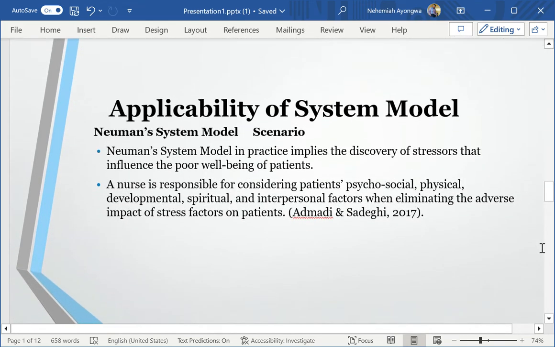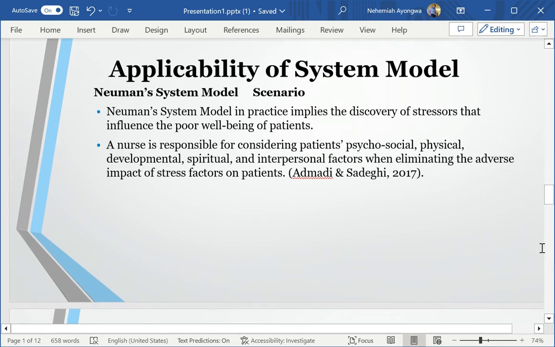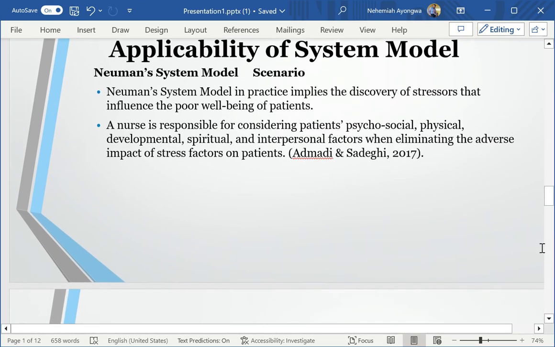Applicability of the systems model. In practice, Neuman's systems model implies that the discovery of stressors can influence the poor well-being of patients. A nurse is responsible for considering patients' psychosocial, physical, developmental, spiritual, and interpersonal factors when eliminating the adverse impact of